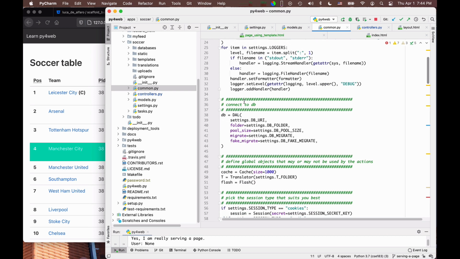Now, this is incredibly important. We want to be able to connect to a database. The reason I will explain to you in the next series of lectures, but we want to be able to connect to a database essentially to store and retrieve user data. And so here we create an object called DB that will contain a connection to our database.